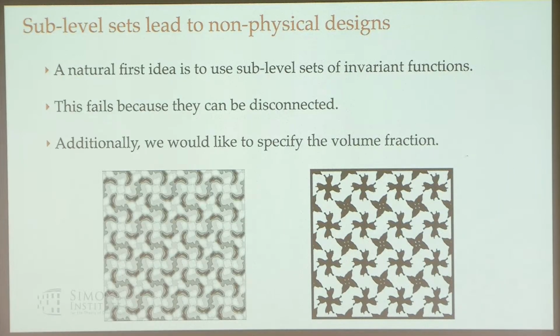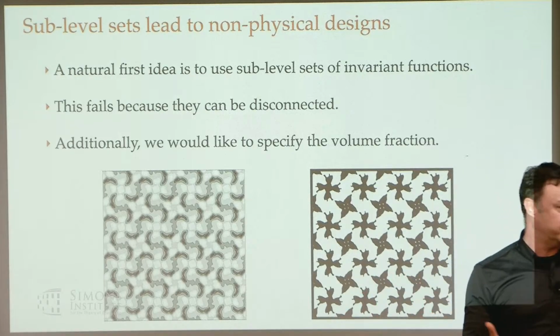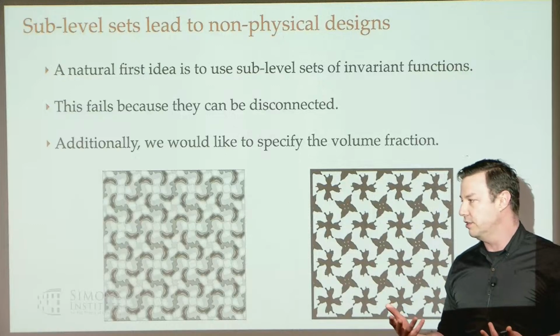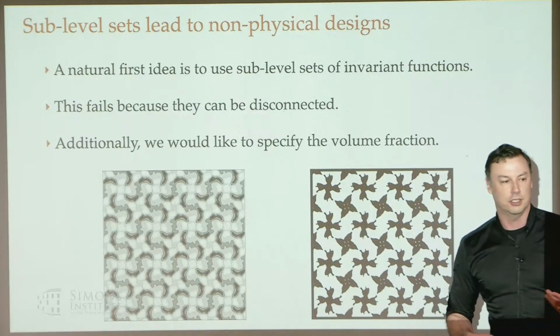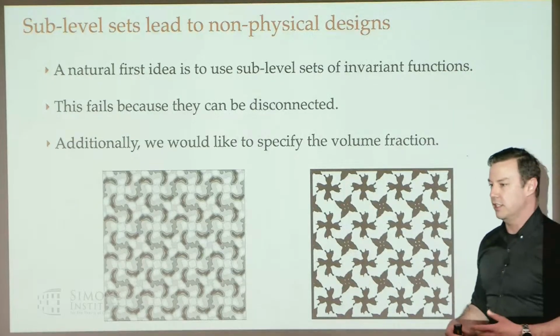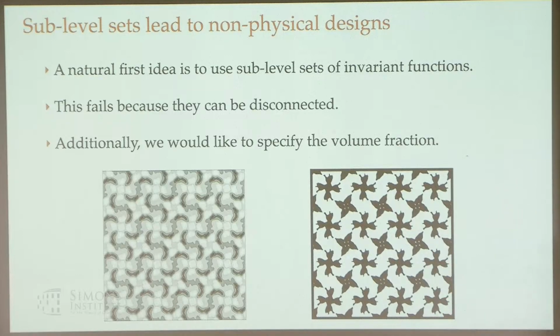Moreover, when we do this kind of mechanical metamaterial optimization, we'd like to be able to specify some volume fraction. That is to say, we want to have a certain amount of empty space in this thing, because for different kinds of stress-strain relationships, you might be able to just get them by putting more material down. So the interesting geometry generally arises in topology and shape optimization by constraining what volume is available. It's not obvious how to do that with a level set. And so we explored a variety of ways to try to regularize this out, to try to enforce physicality with this.